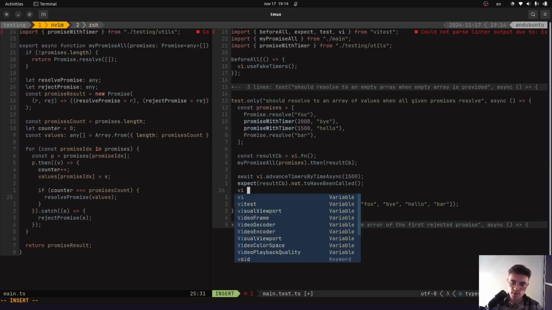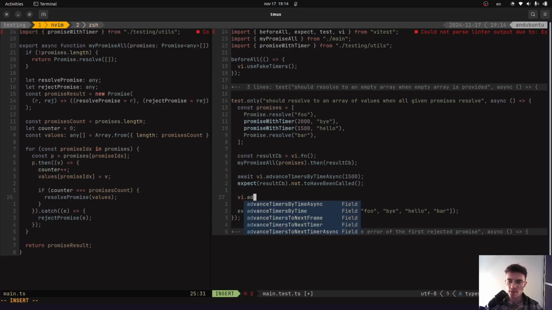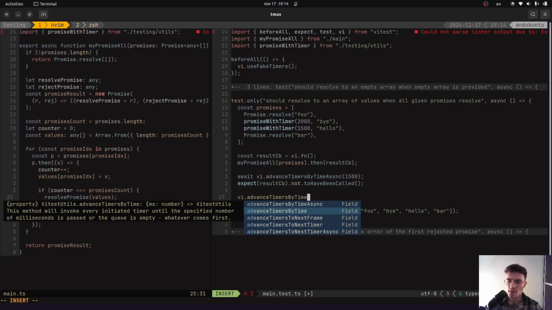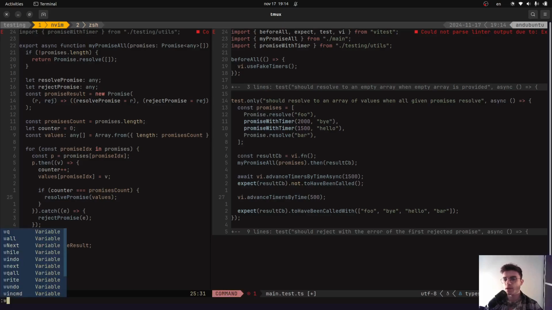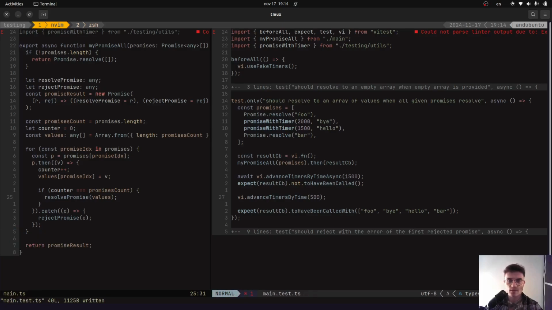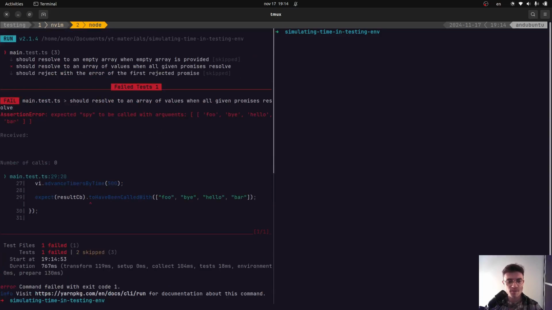Now I'm curious if I would do it like this: advance timers by time, and now I add some extra 500 milliseconds. I've added some Romanian in my speaking. No, so it doesn't work,